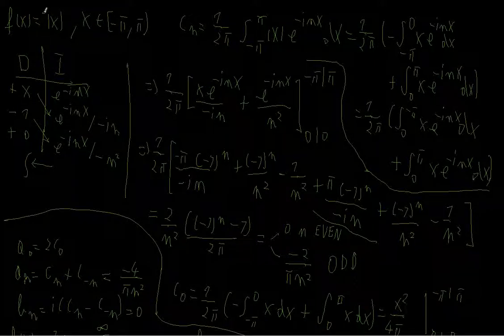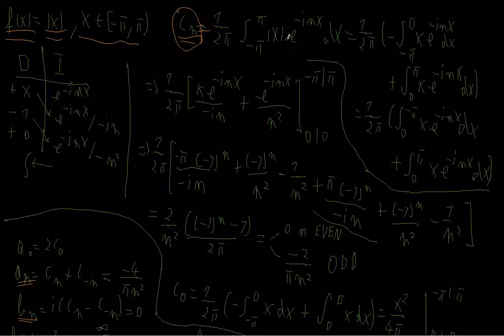To evaluate the Fourier series of the absolute value of x, so that is our function, f of x equals the absolute value of x, and x is between negative pi and pi. So I will again first find my complex Fourier coefficients and then find my real Fourier coefficients using the complex Fourier coefficients. So if I use the complex case first, I have 1 over 2 pi times the integral from